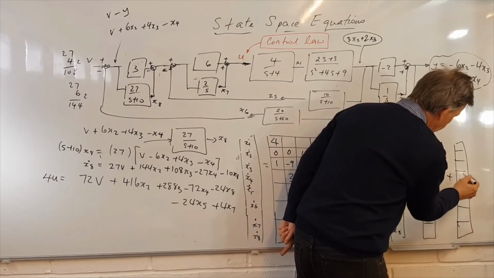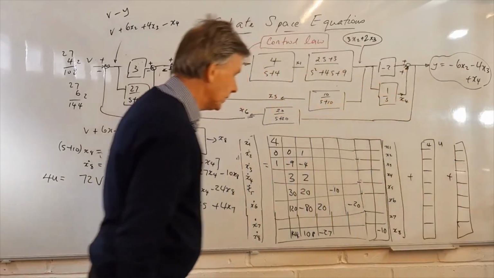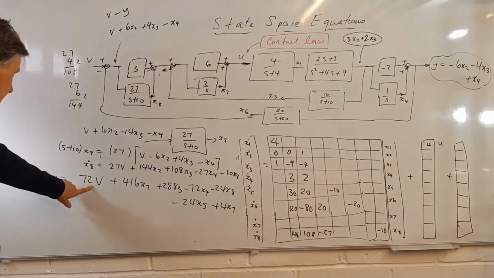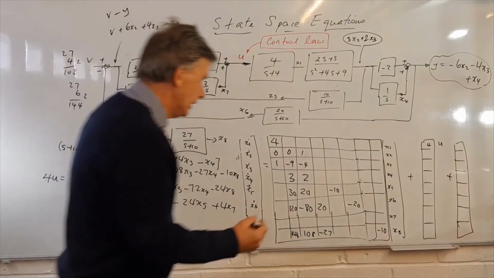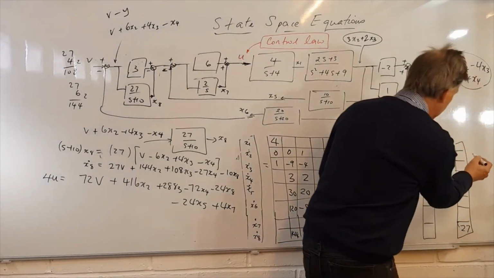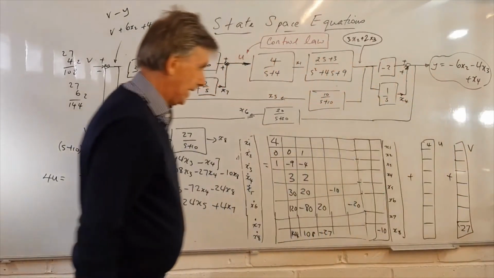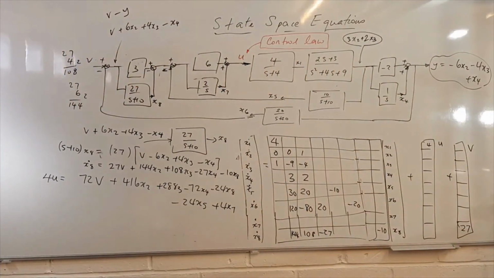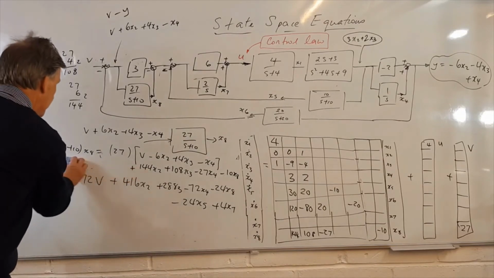One, two, three, four, five, six, seven, 8. There's our 8 boxes, and we want a 27 here, so it's going to be a 27 down there. That's the 27 multiplied by v. So there's our state space equation for x8. And then we need to do the last one,